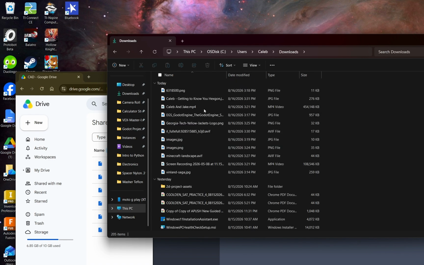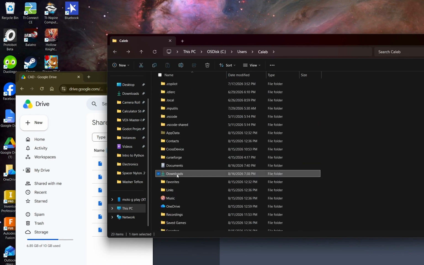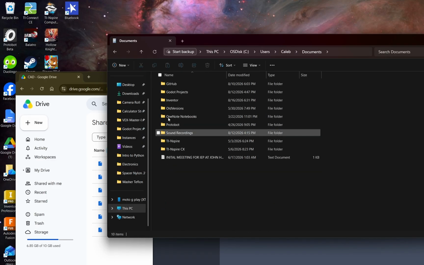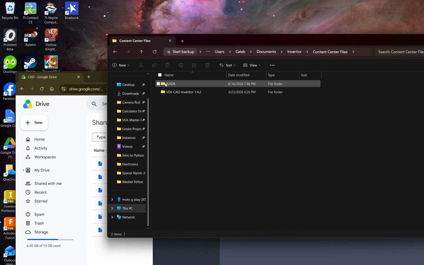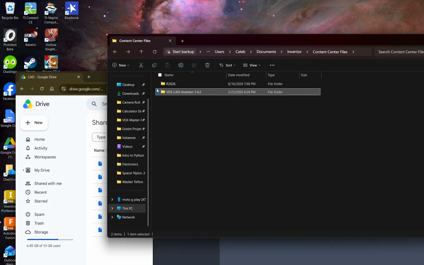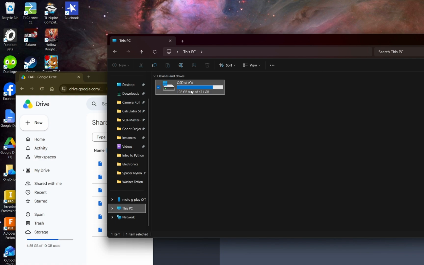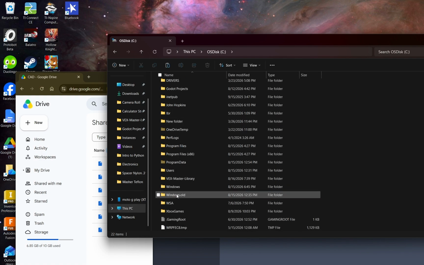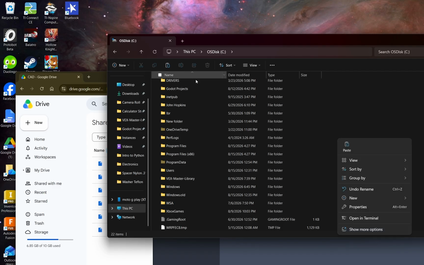you either have your stuff in your downloads or in your documents, under Inventor, content files, blank. So this file right here is usually, I don't know what you guys name it on your computer, but this right here is your library with all your stuff. And so we're gonna get this, we're gonna cut it, and we're gonna go back to the PC, the OS disk,